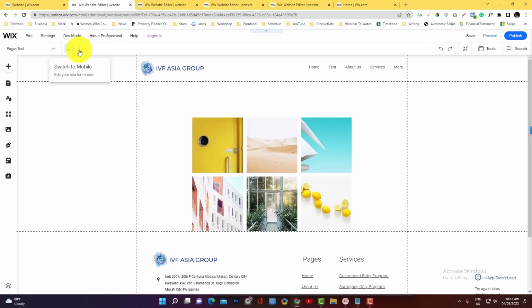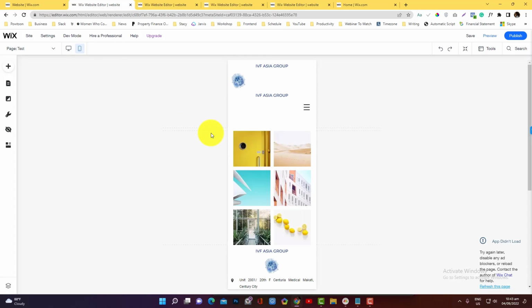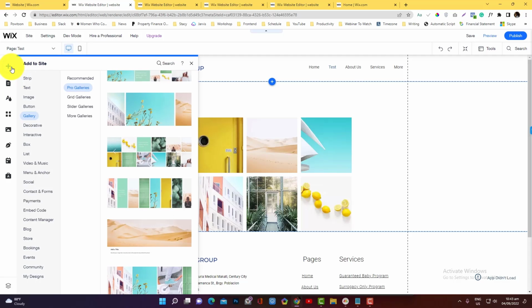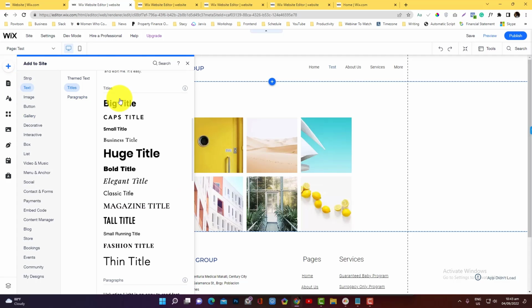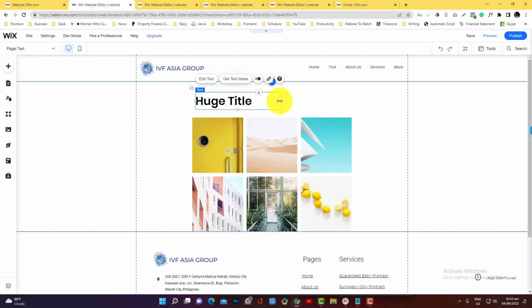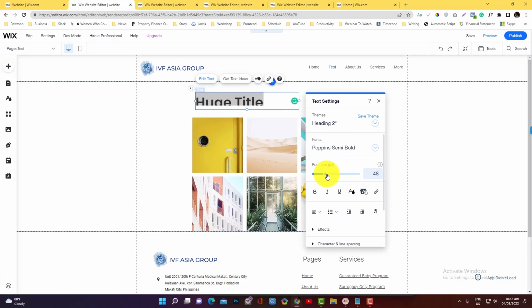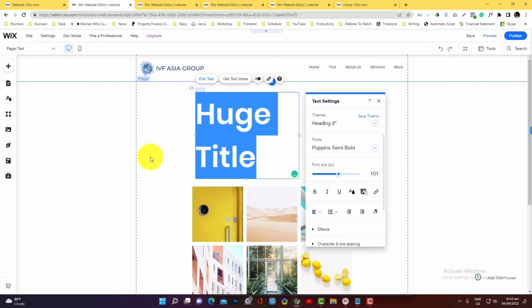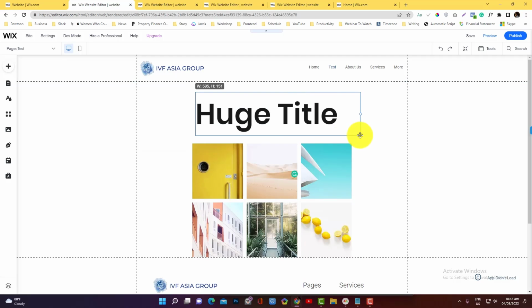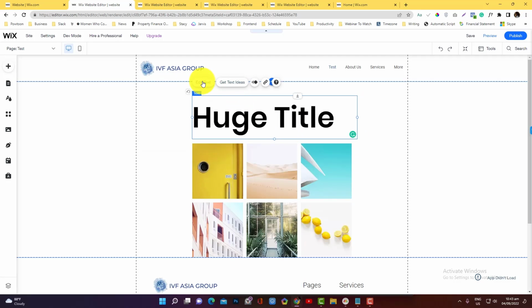So double check this area on mobile, to see if it looks great on mobile. This issue commonly happens with fonts. Now, if I add a font in here, a title, and this one, okay, it looks cool in this area. Maybe I want to add more stuff. I want to make it super big here. Okay, it looks cool like that. And if I add more,